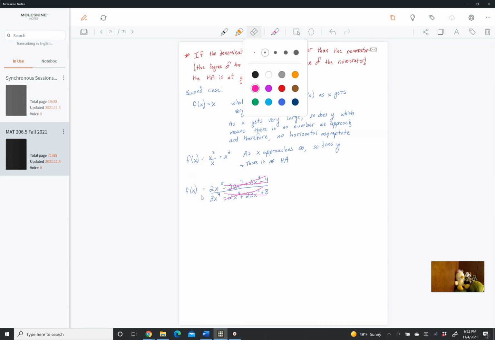You would think it would, but it actually doesn't, okay? So this function, it's not equal to, but it acts the same way as 2x to the fifth over 3x to the fourth, okay? The only terms that matter